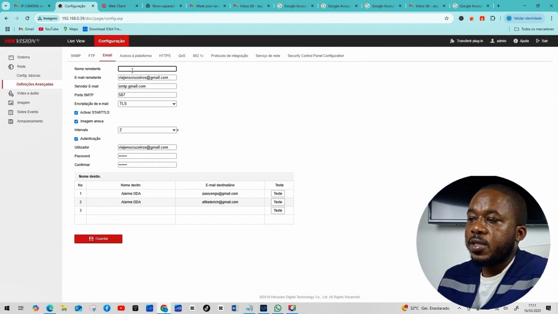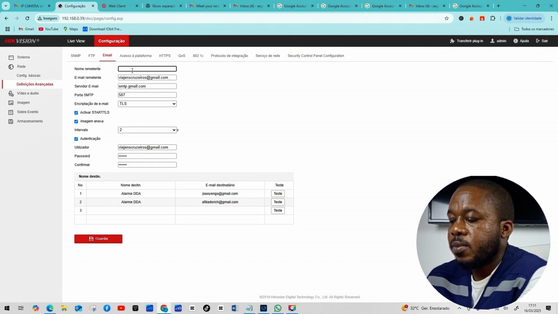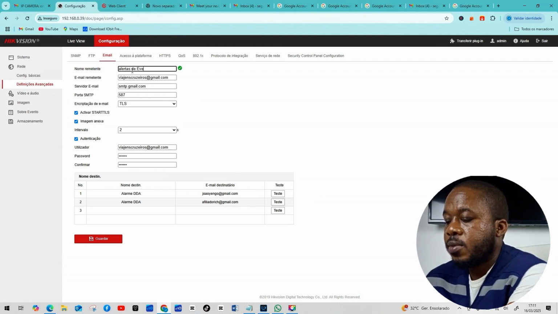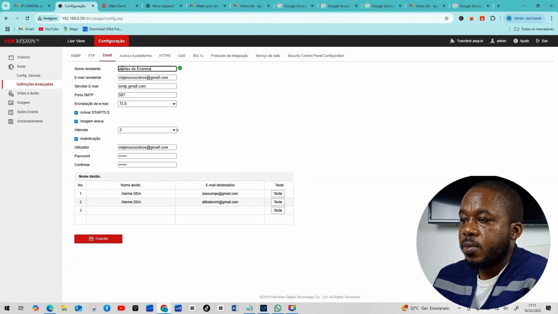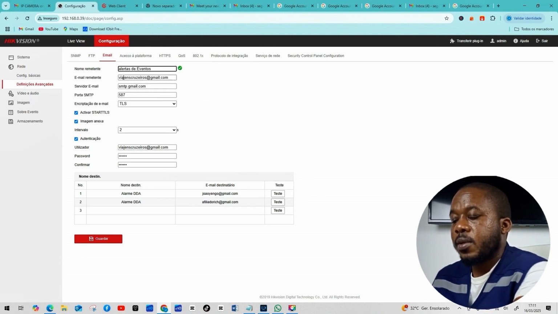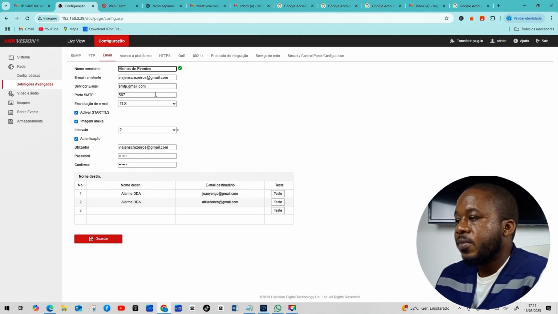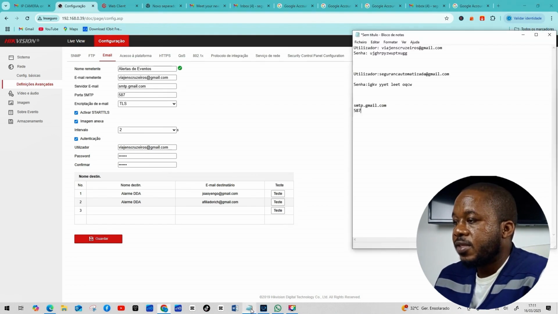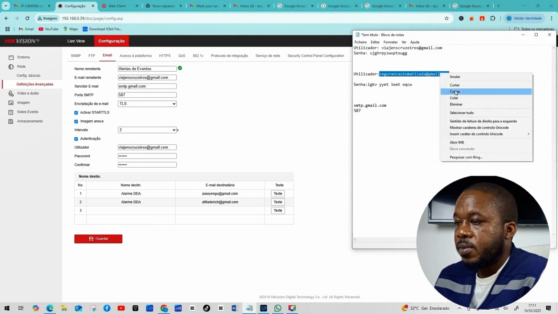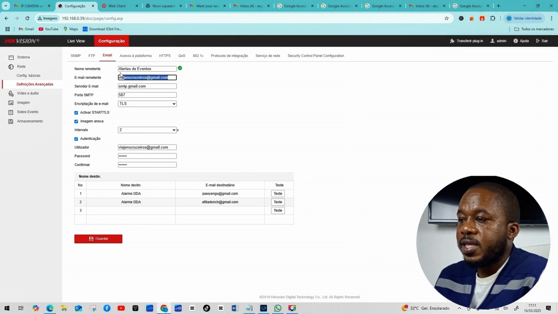We will put the sender's name so we can create a name, for example, my sender. We will put the email that we configured here. Security, which is the sender. Sender server,